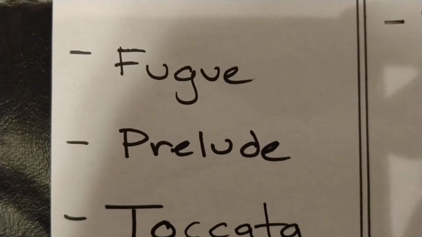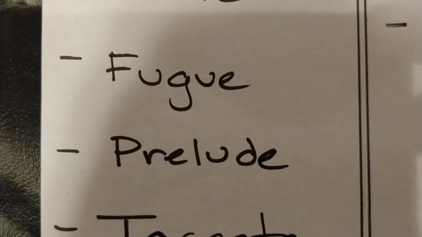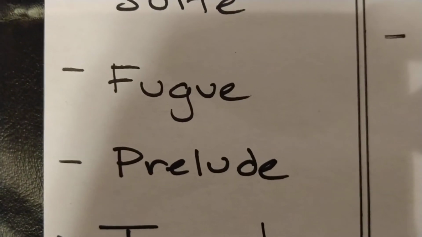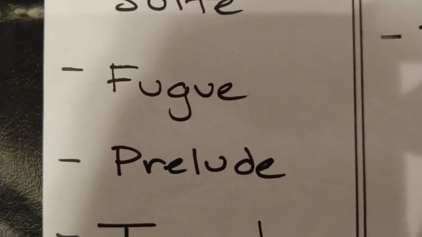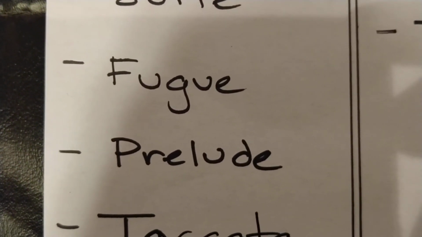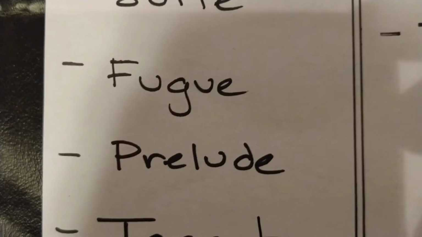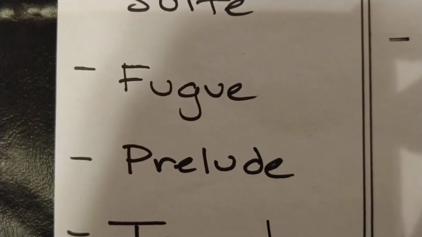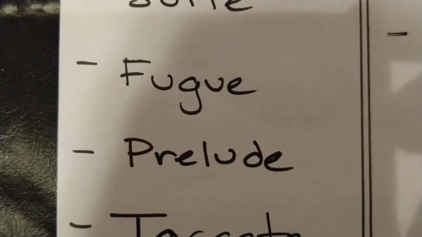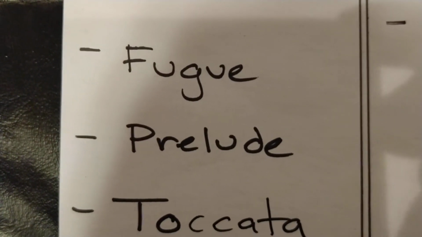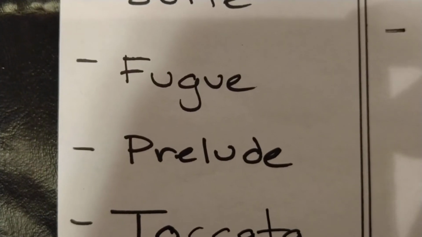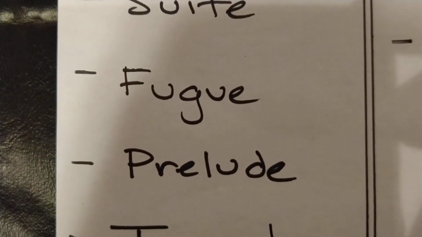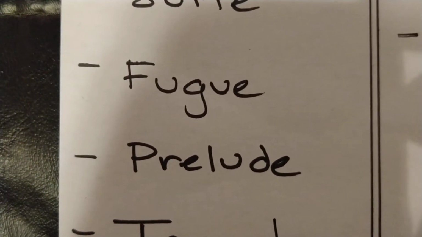And the prelude and the fugue would both be composed in the same key, and they would be meant to follow one another, but otherwise, they might be very different. There is no particular style to a prelude. It could be really in any style, any mood, any tempo, whatever. It's just a title that tells you that more will follow, that this is the first movement